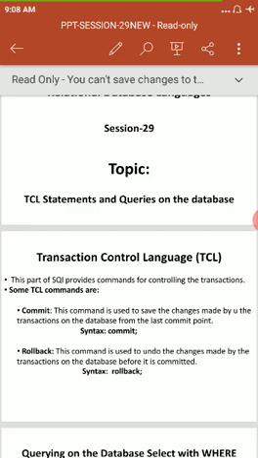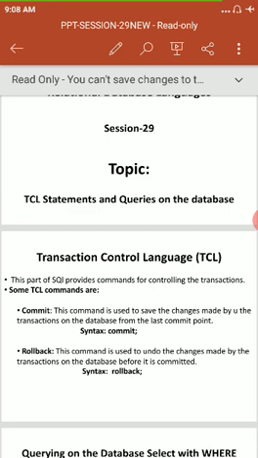Before that, already we did some changes here. Before saving that into your database, if you want to get back the old one, not the changes, that can be done with the help of rollback.